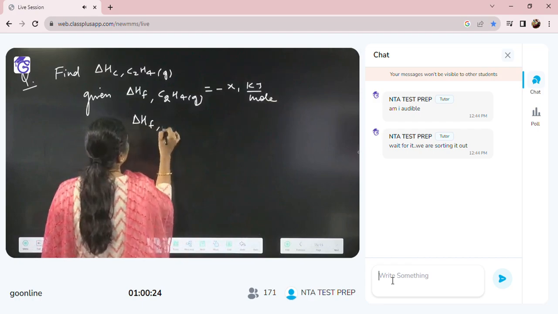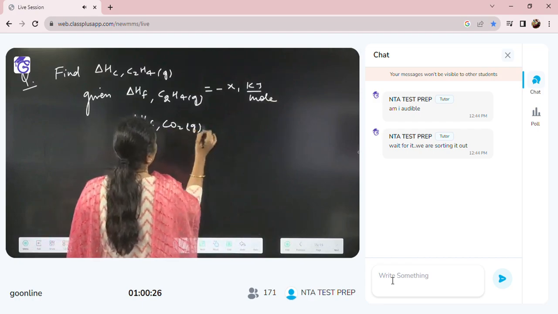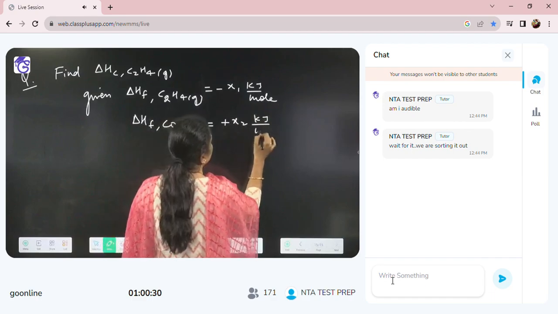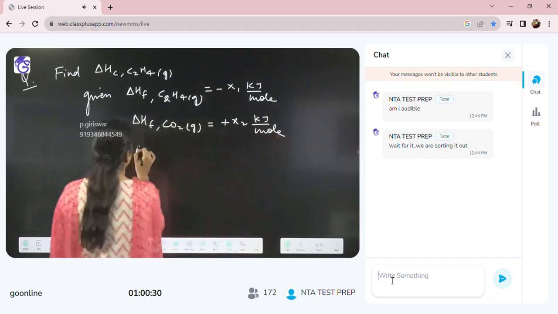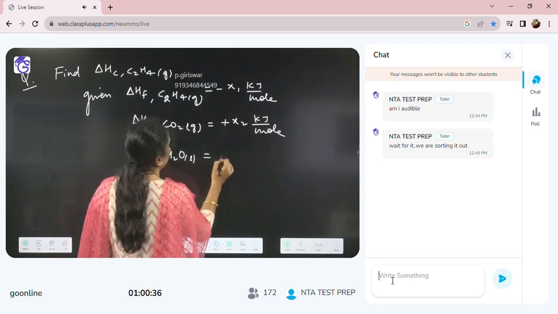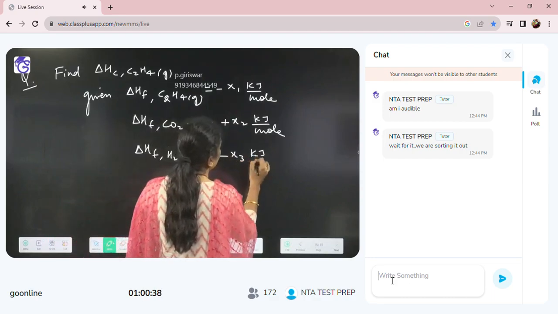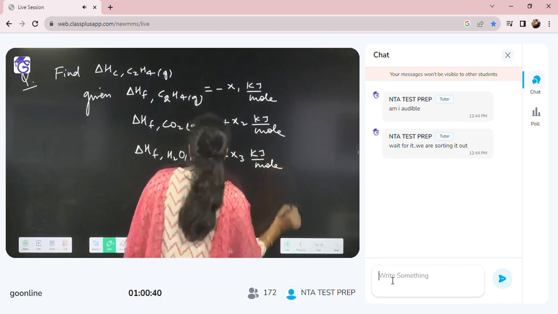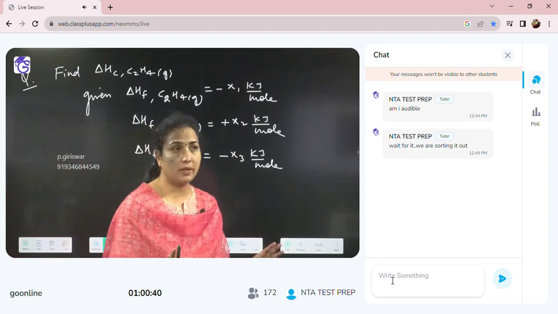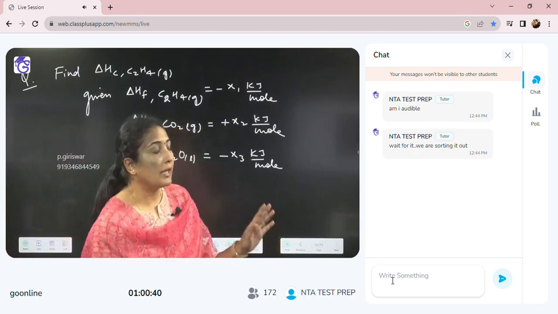Enthalpy of formation of CO2 gas is plus x2 kilojoule per mole. Enthalpy of formation of H2O liquid can be minus x3 kilojoule per mole. All of you please find it out. And do remember, enthalpy of formation could be positive or negative, right? It could be positive or negative. And you need not worry